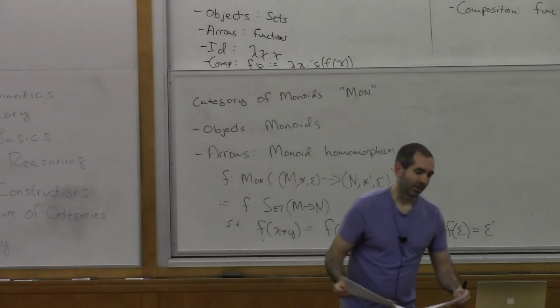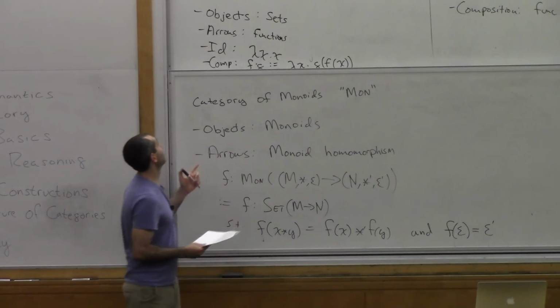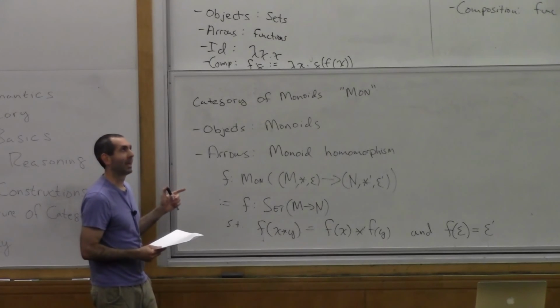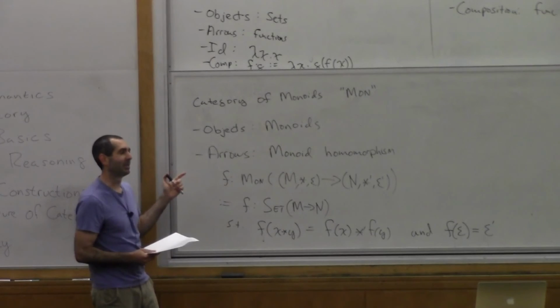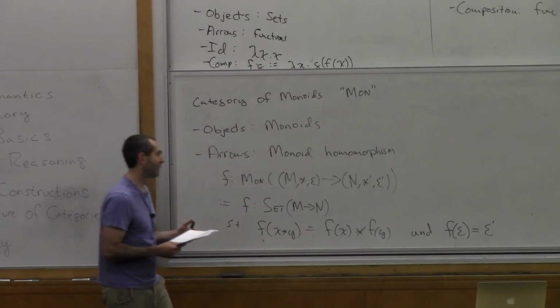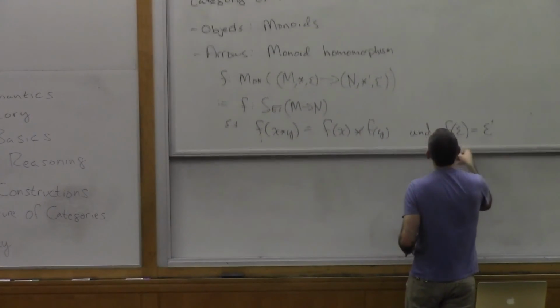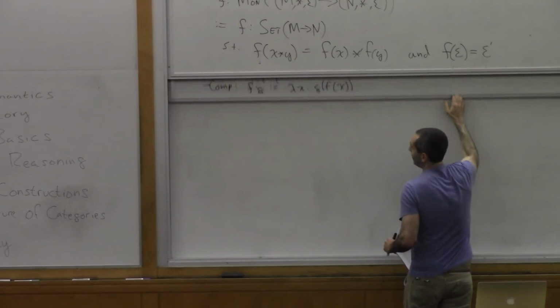But what have we seen here? We've seen that these categories of structured sets are actually categories of categories, because the things in them we saw could be conceived as categories. So, sort of sneakily,